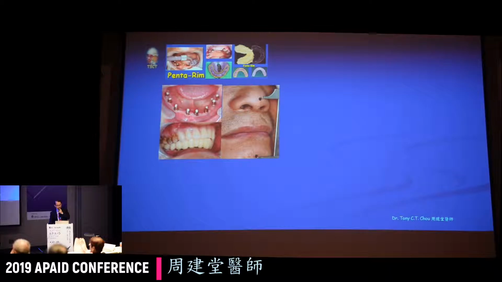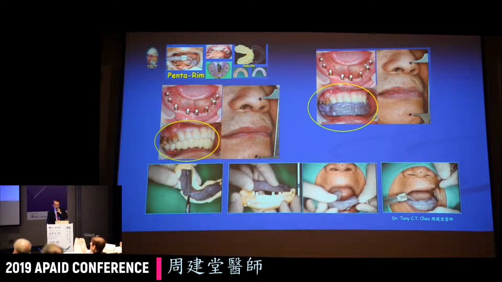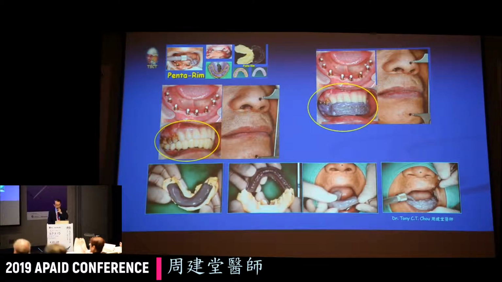We use the pentaring to transfer the vertical height of the provisional to the permanent, and by using it we adjust the height of the pentaring. If it is under, we increase it; if it is over, we can cut it off, and then we put in the model and try it